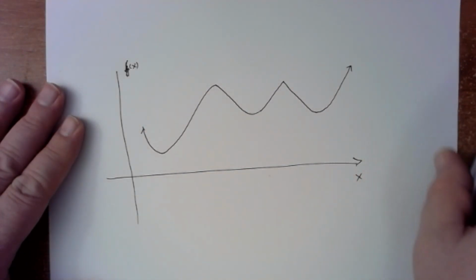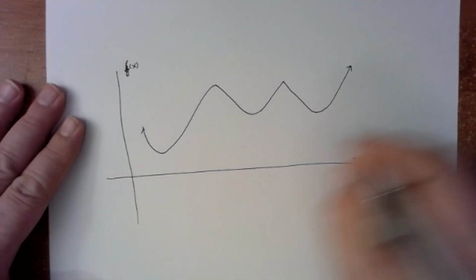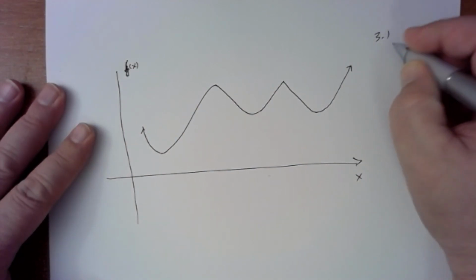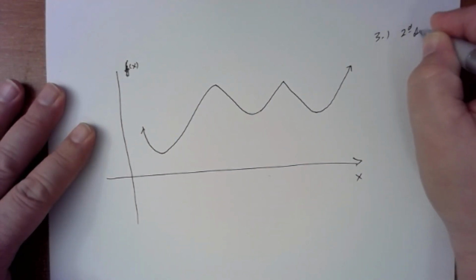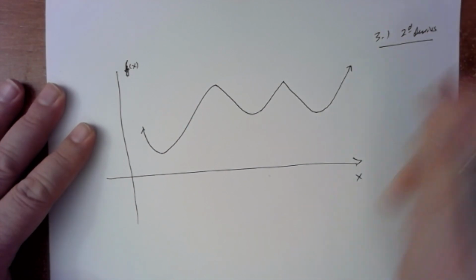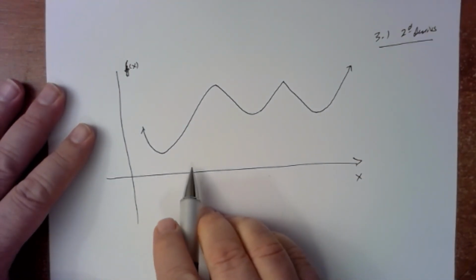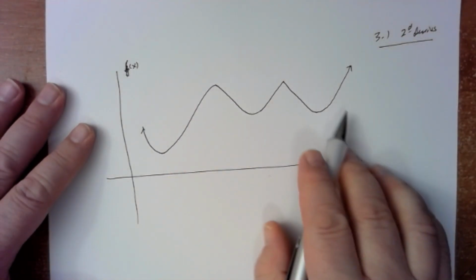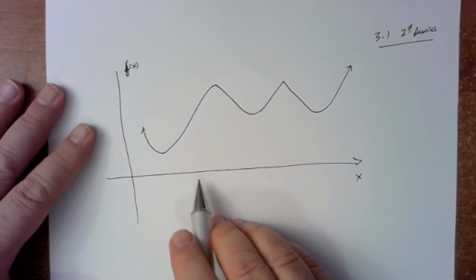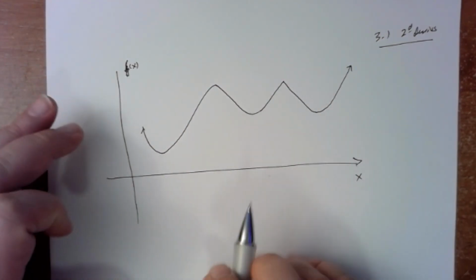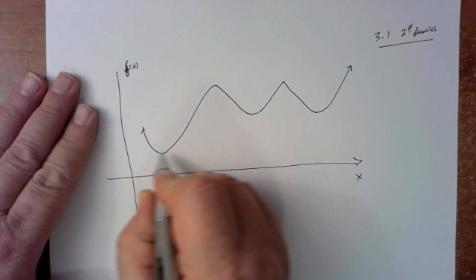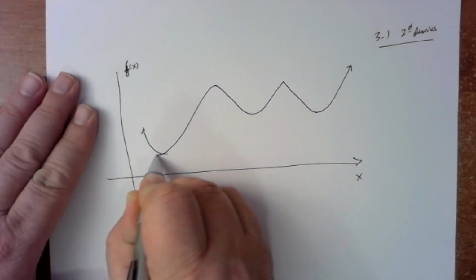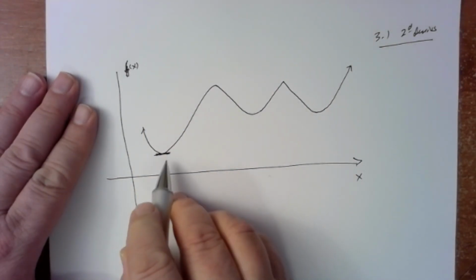Okay, so we're still in section 3.1, but we want to talk about second derivatives now. I just wanted to take a look to see what the second derivatives will look like in each of our situations here. So we see here that we have a critical number there because the derivative is 0,